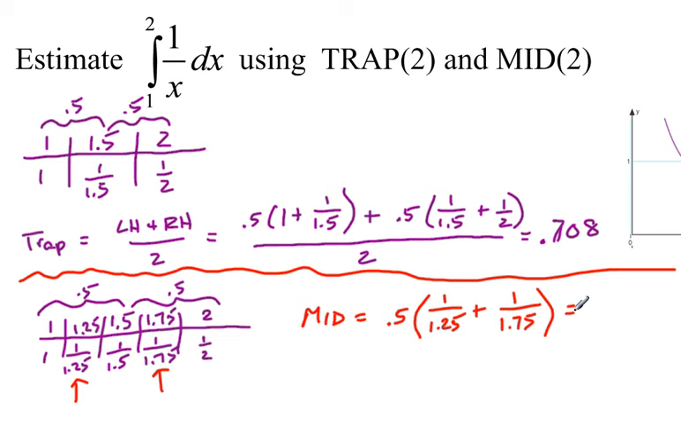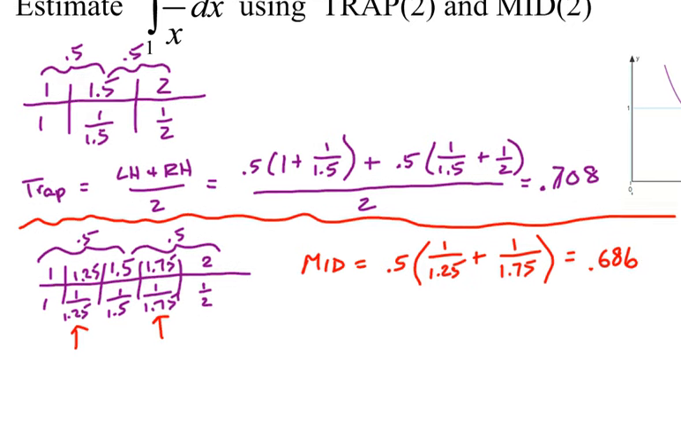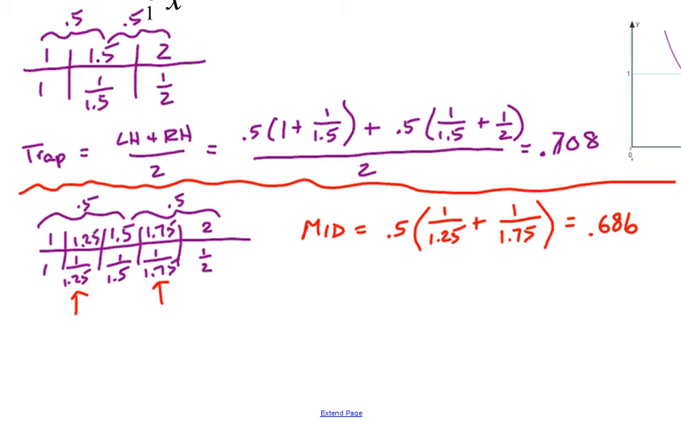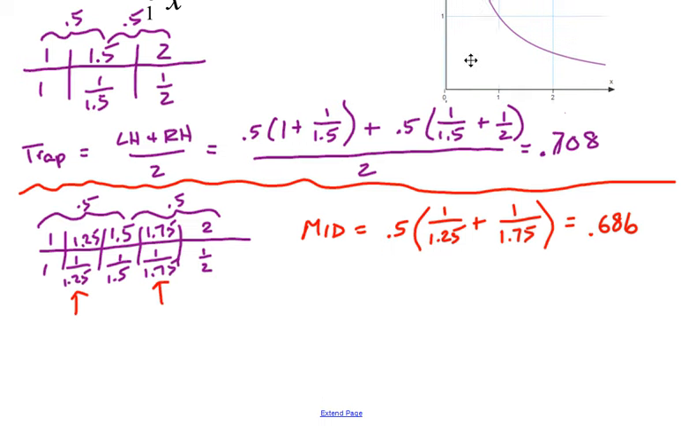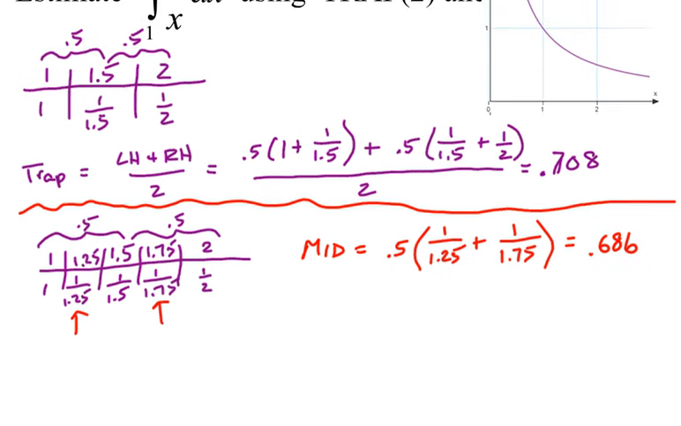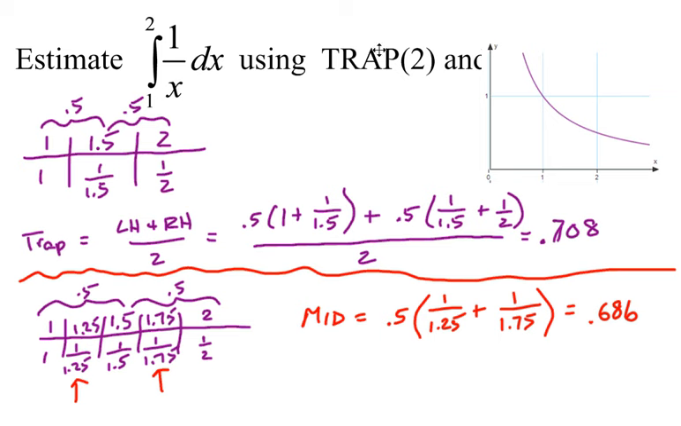And we get 0.686 if we round to 3 places. All right, now let's just compare that with what we would expect it to be. I've got my little graph here, just to see what we were doing here, and we should note that if we look at this graph, we would expect that if we drew our trapezoid in, it would be an overestimate,